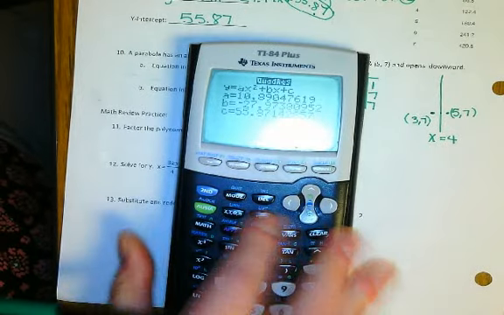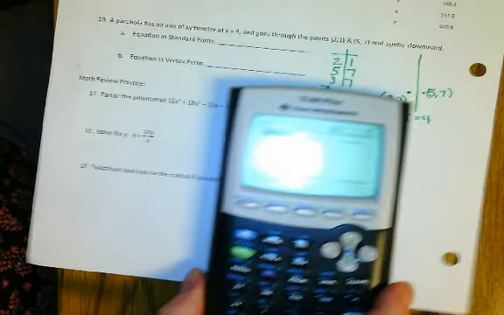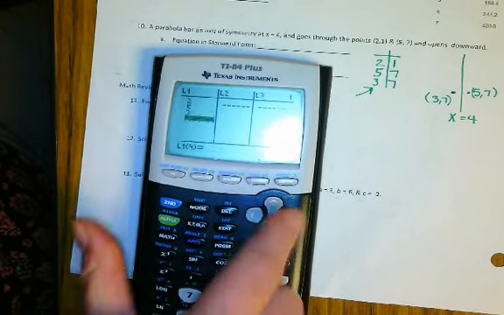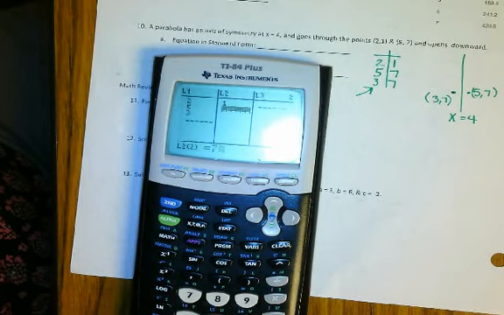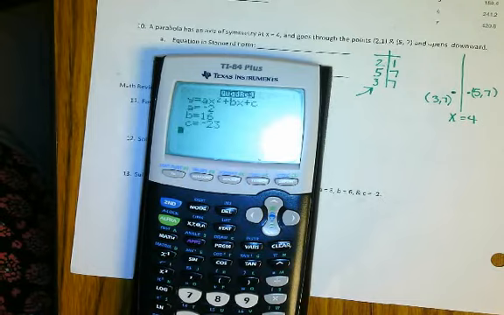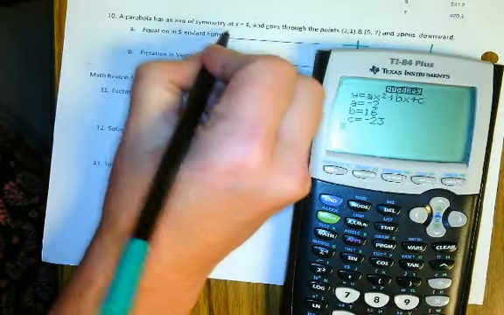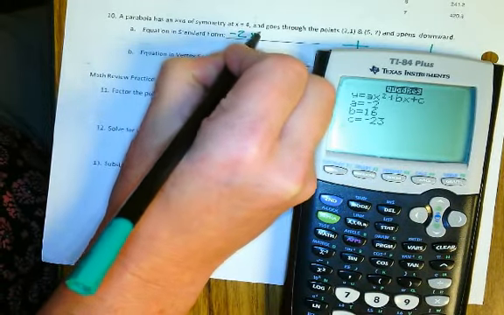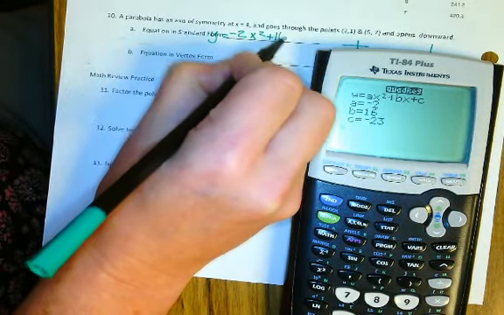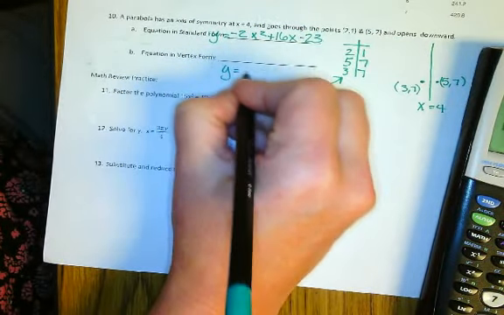Okay, so if I run my quad reg, I'll have 2, 5, 3. Okay, and then 1, 7, 7. And that's what I have. So in standard form, the equation is, I should probably put y equals negative 2x squared plus 16x minus 23. Now, if I write it in the vertex form,